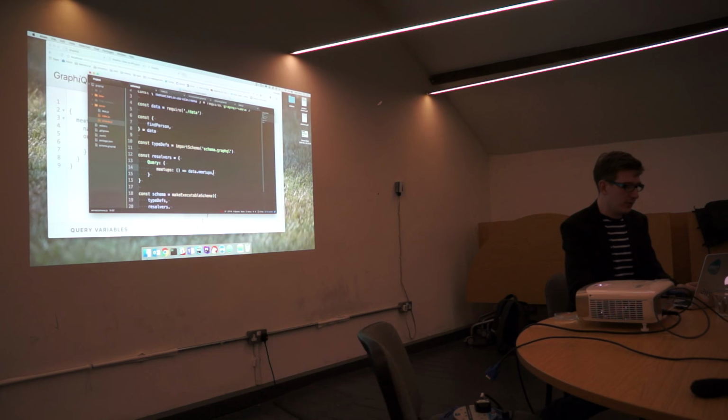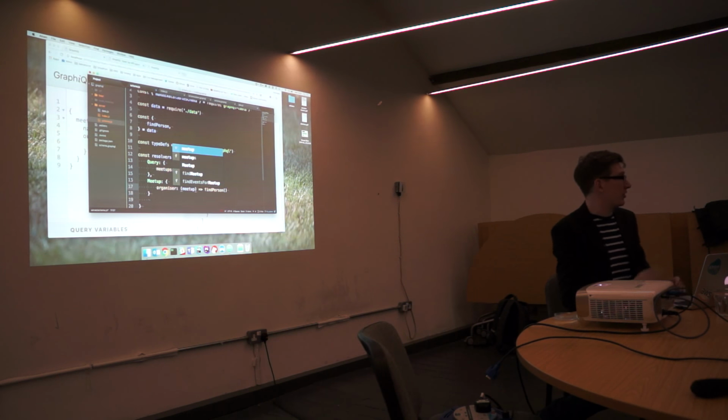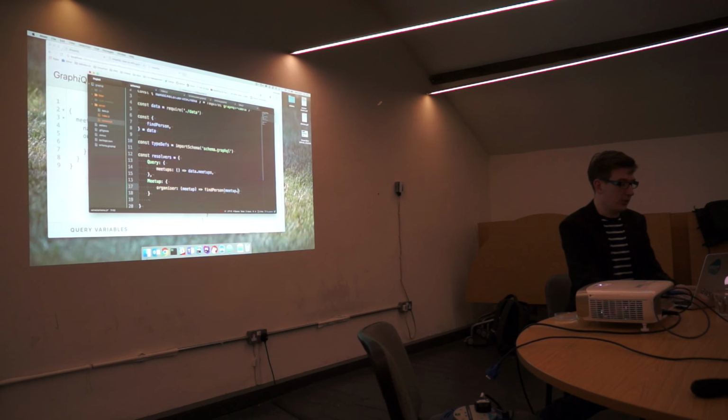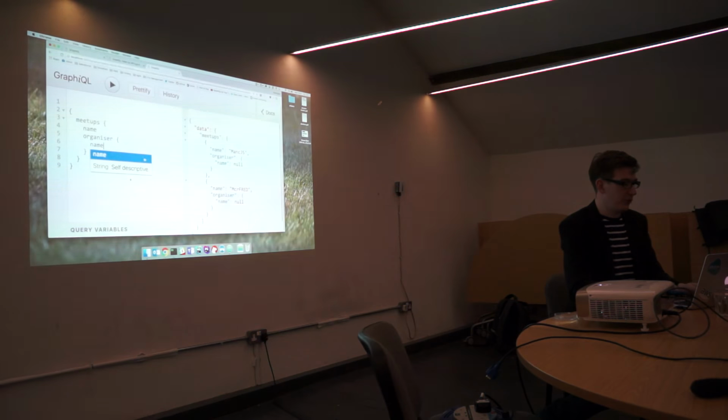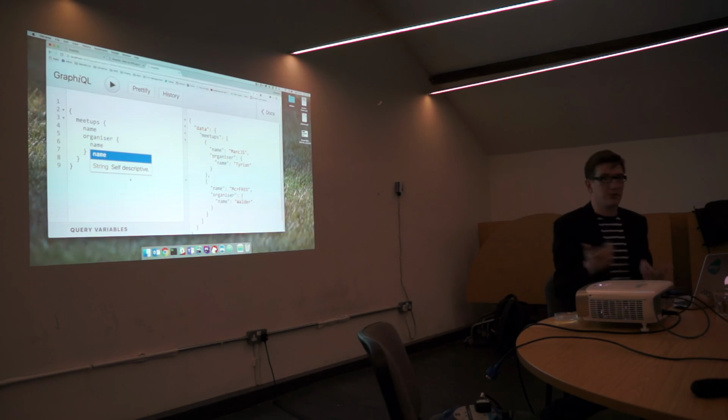Meetup's on the type, so I can find some results for that. Organizer, some stuff. It says find person. The first parameter to the function is the parent node, so in this case that's a meetup because that's what we're resolving it off. I say, okay, find person, meetup.organizer. Run this again. Cool, we've got some names.